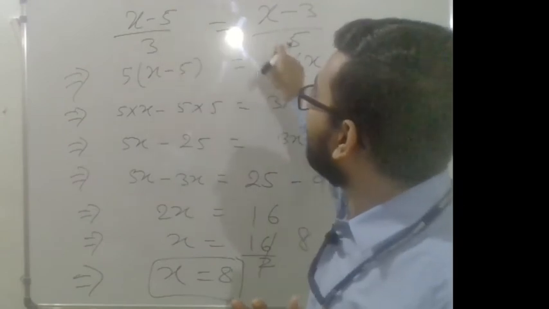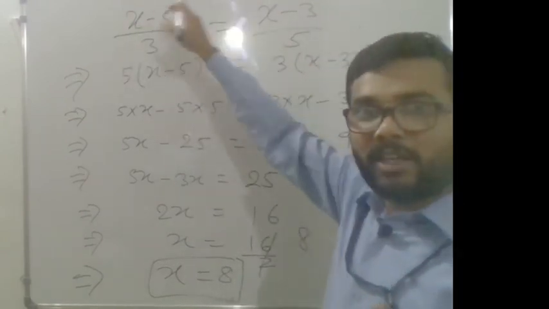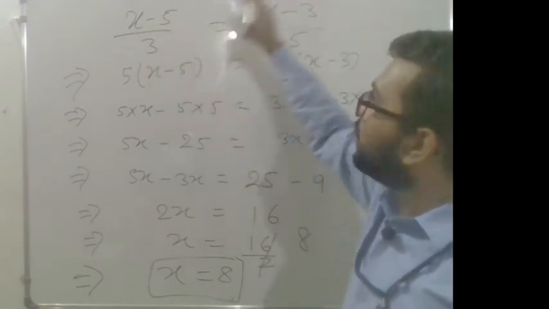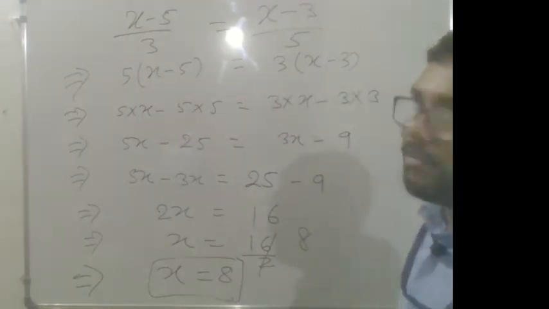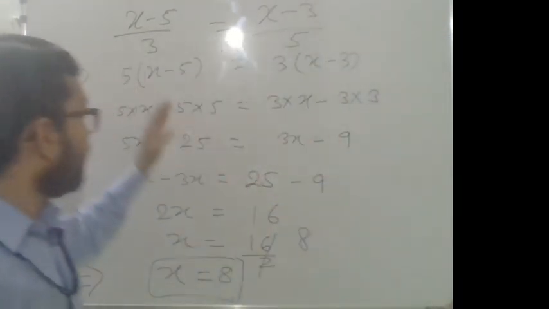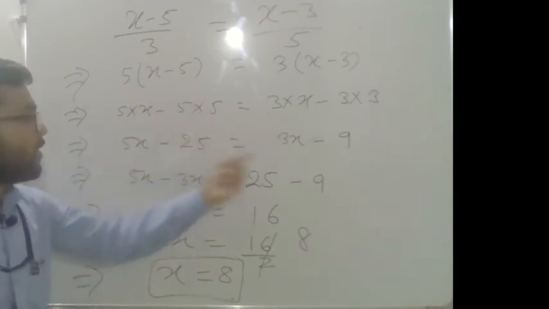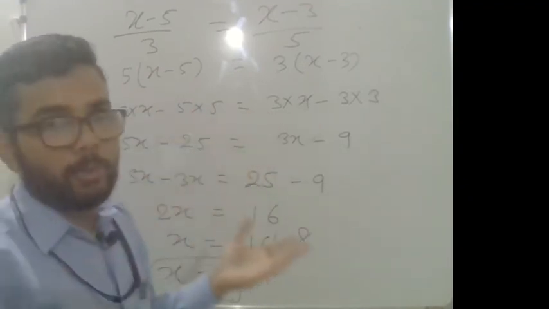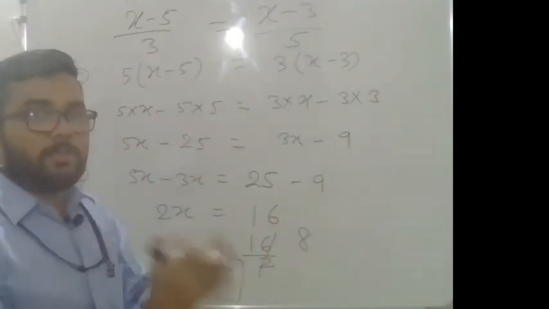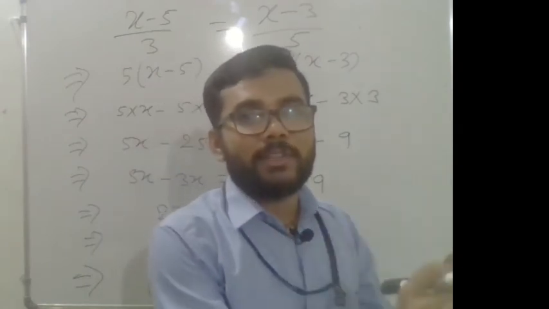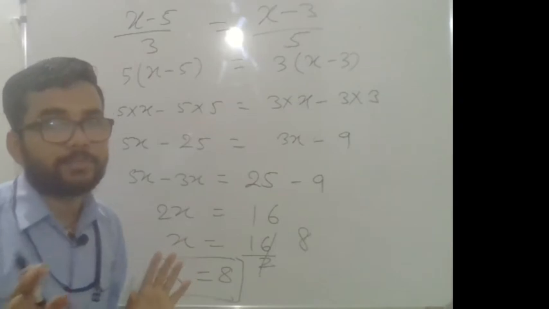When you cross multiply, you need to multiply all terms of the denominator and numerator. It will be in this form after cross multiplication. Now you need to break the bracket, and when you break the bracket, you will get this step. After that, transposition. Very easy method. Transposition means put all the variables on the left side and all the constant terms on the right side.